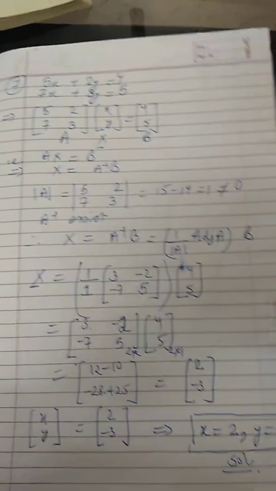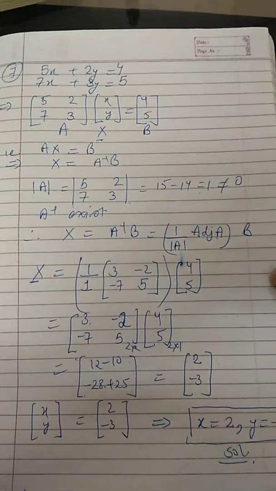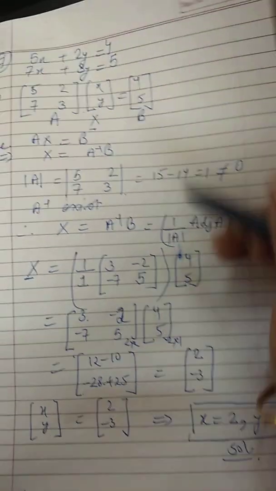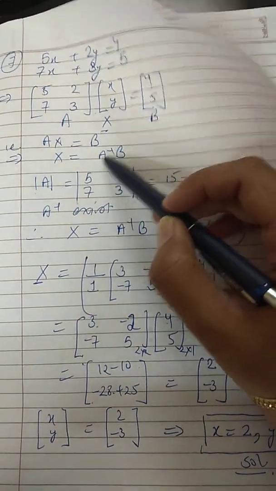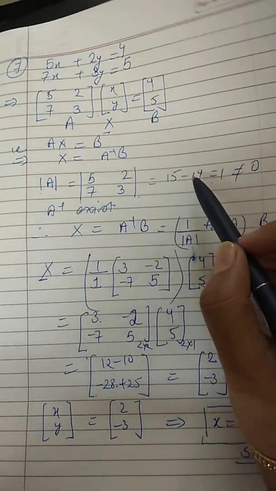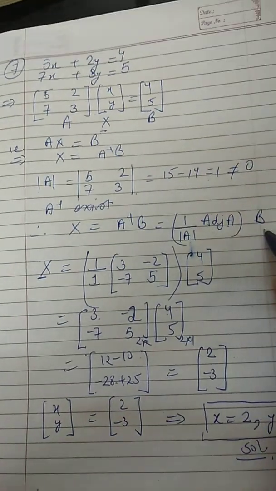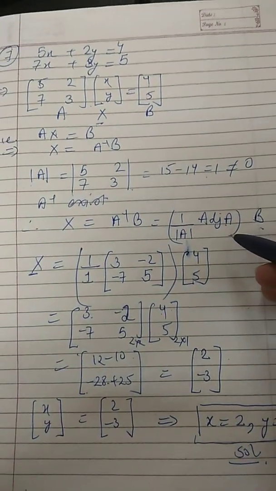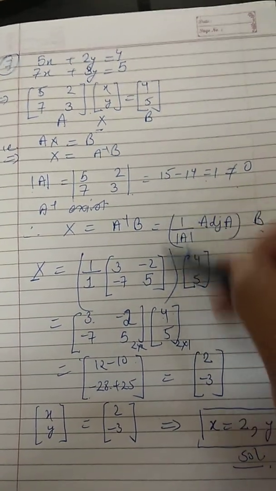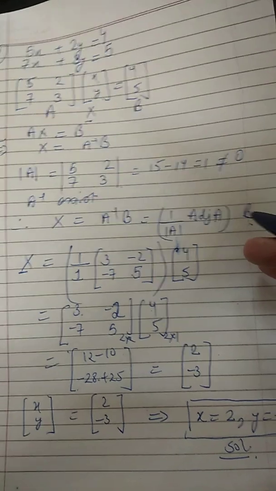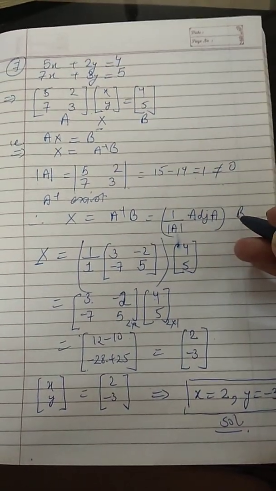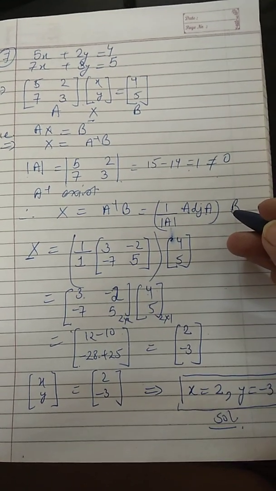Right? So this is how we will do the sums from sum number 7 to sum number 14. Clear? Whatever system is given, write it down in the matrix form, A inverse B, find A determinant. If it is a non-singular matrix, then A inverse exists, and we will proceed. And here in most of the sums you will find A determinant is non-zero only, and you will be doing this method the same way. So I hope now you people can complete your exercise 4.6 till sum number 14, right?